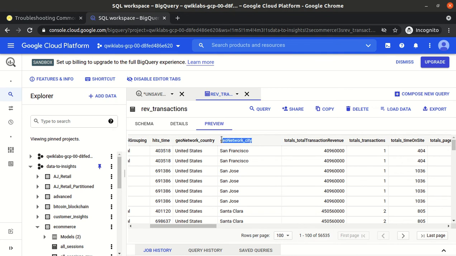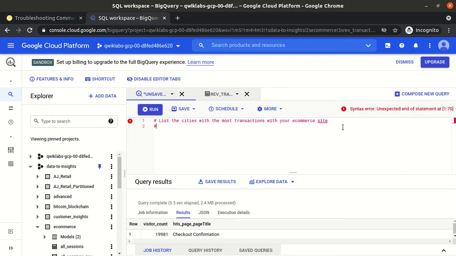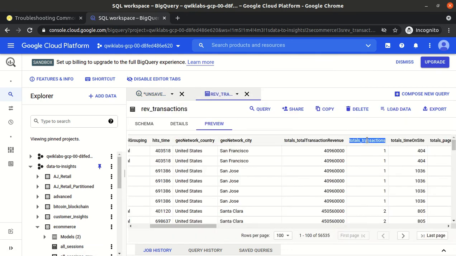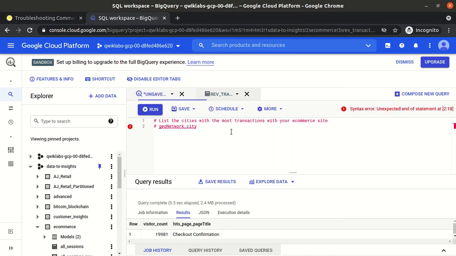So we need to use this city column, and the total transactions, because it says list the cities with the most transactions. Most transactions means we first need to count the sum of the transactions per city. So we need to perform the group by operation on this, and on the total transactions we need to perform the sum operation.